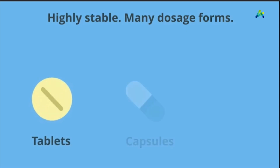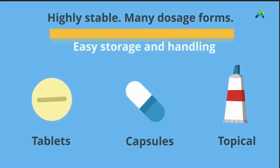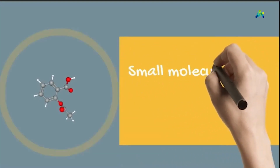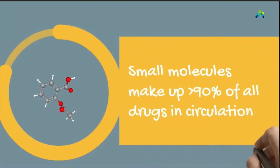Because they are highly stable, small molecule drugs usually come in many different dosage forms, like tablets, capsules, and even topical forms that you can apply on your skin. They are easy to handle, and most of them can stay in your medicine cupboard for months or even years without spoiling. No wonder that small molecule drugs are so popular and make up over 90% of all drugs in